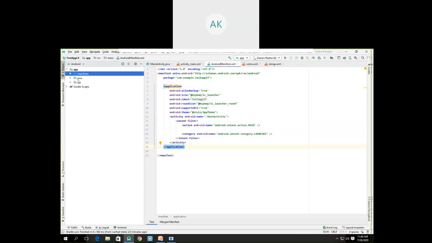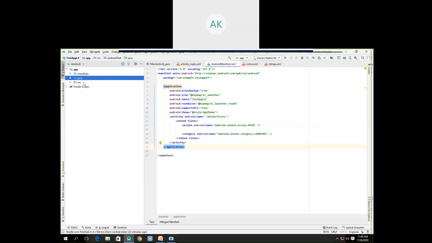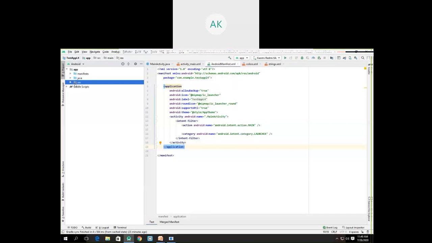Okay, so far we have seen three important folders. One is the Java, which is going to contain the source code or the business logic. Another is the RES, which is called the resources, which consist of the important resources required by your app. These are the non-code resources. And the manifest, which consists of additional information about your app, such as what are the components of your app, what kind of features it provides, such kind of thing.